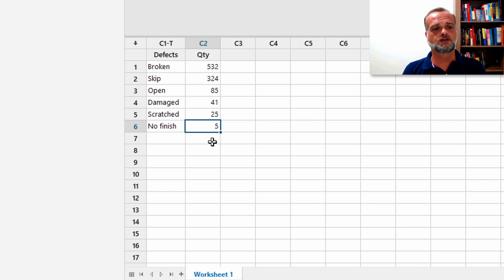Note that you don't need to have the data sorted as it is here, okay? It could be scrambled or not even summarized. Minitab will do that for you, okay? But for clarification and didactic purposes, I am putting the data this way so it's easier to see what's happening,